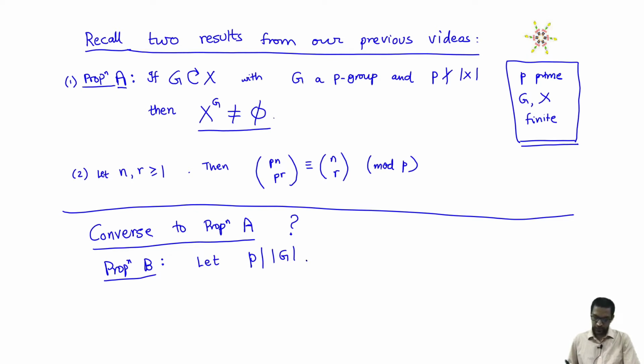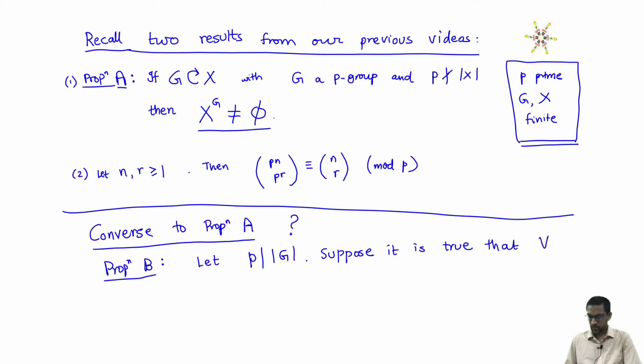Now suppose we have the following property, that whenever this group G acts on a set X whose cardinality is not divisible by P, then it always has fixed points. So every action on a set whose cardinality is not divisible by P has a fixed point. Okay, so suppose the group has this property. So let P divide the cardinality of G. Suppose it is true